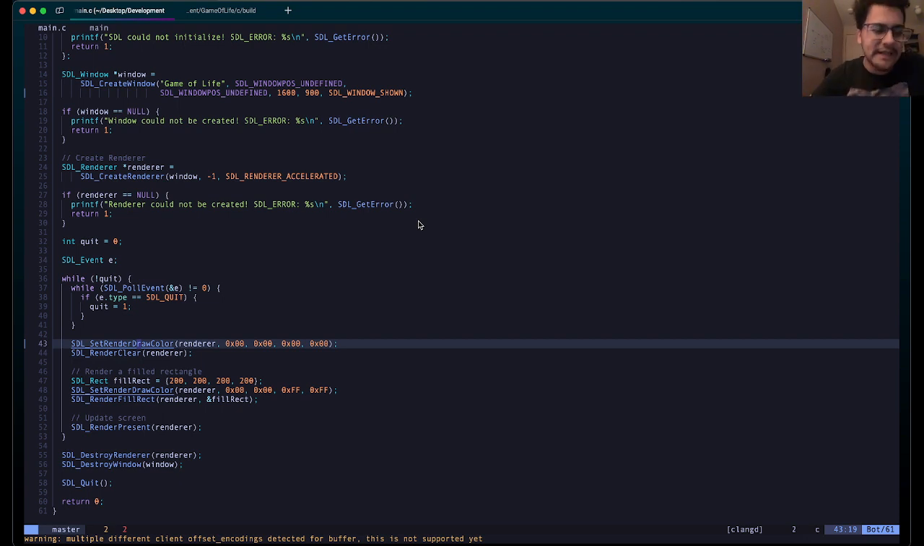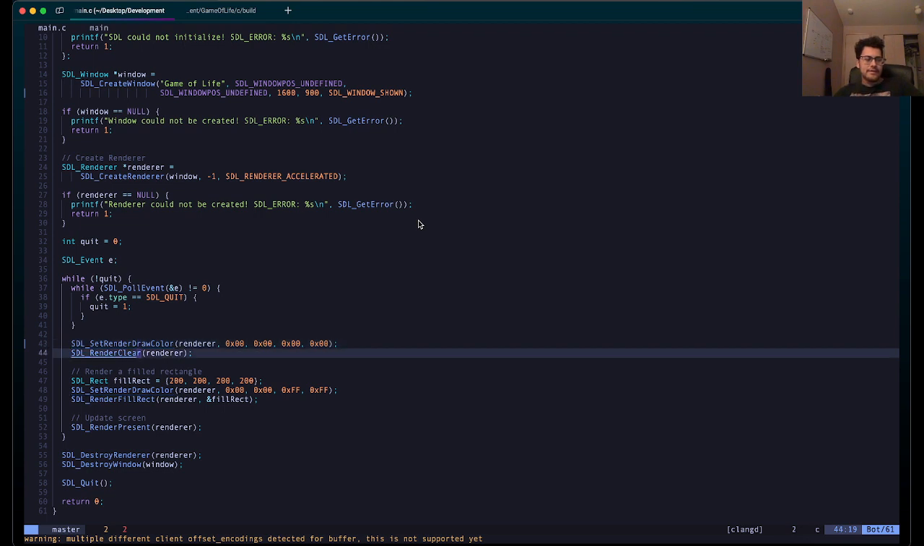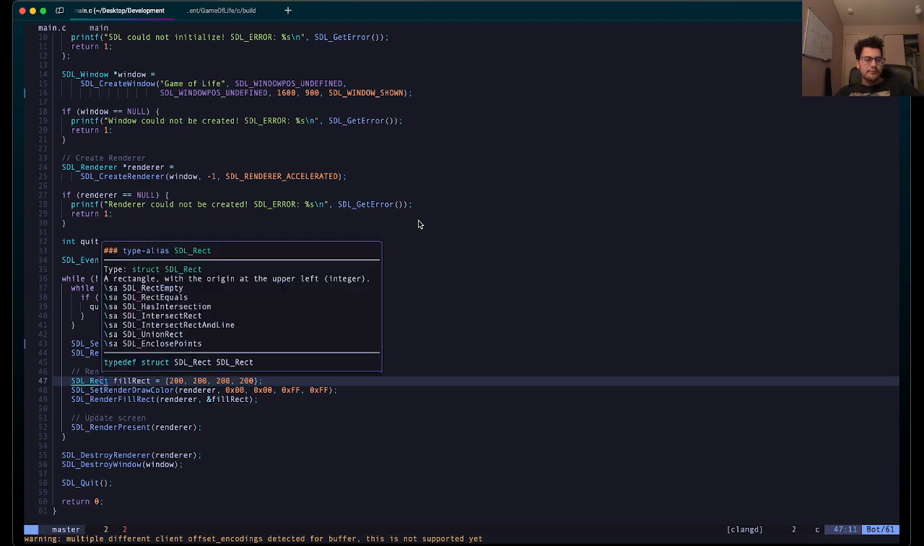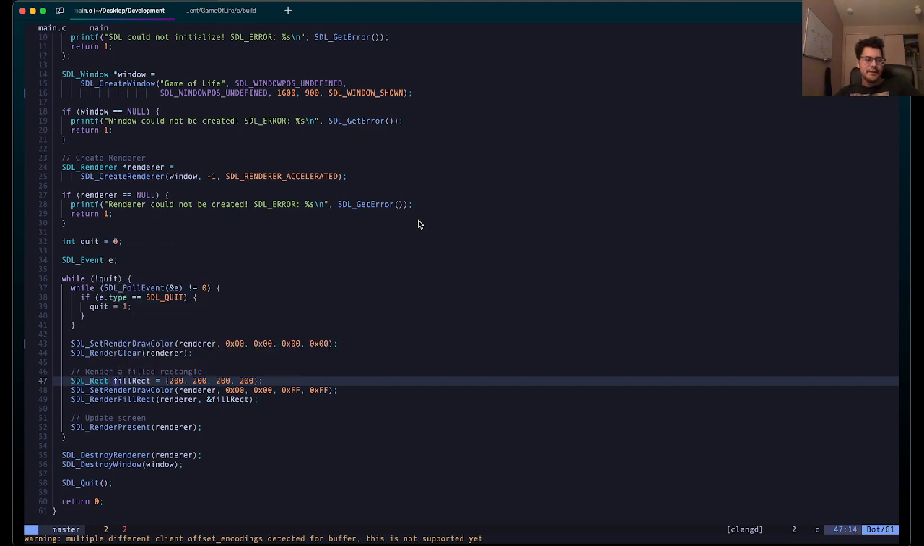In the order that we expect them to happen. It's interesting that you have to... I don't know, this whole graphics language has always seemed a little bit weird to me, right? Because we've got set render draw color, then set render clear. Then we have a rectangle, with the origin at the upper left integer. So then what we do, we take